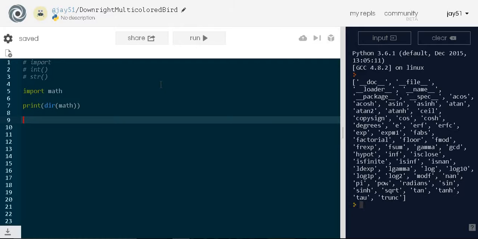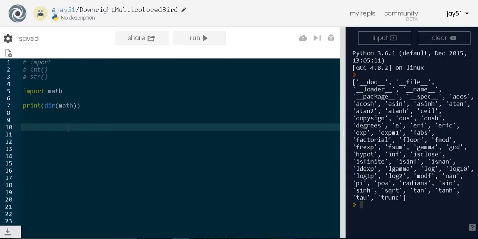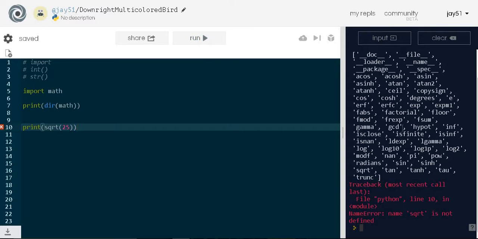Let's use some of the functions in this library. This is a good function right here, square root. It just finds the square root of a number. So let's say print, and then sqrt. In the parentheses you give it an argument. So let's say 25. This is going to find the square root of 25, and if we run this, it should work. But notice in here it says name sqrt is not defined, and the reason is